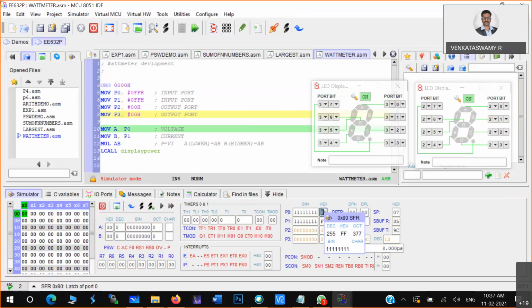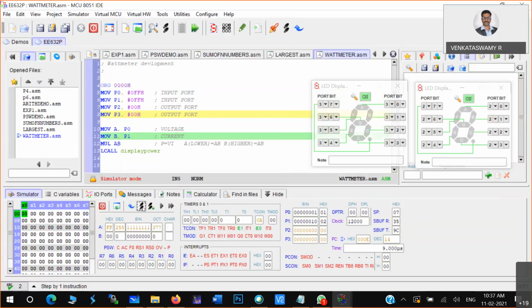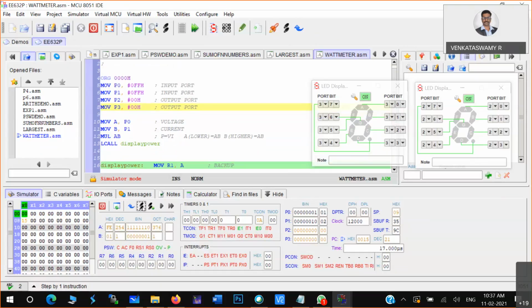At this point, I'm keeping some values 0, 1 and 0, 2 in the P1 and P2 registers, which are input registers, and then I'm running. A and B came from those ports, and you are multiplying them. We are multiplying port 0 and port 1 content, and some value came.